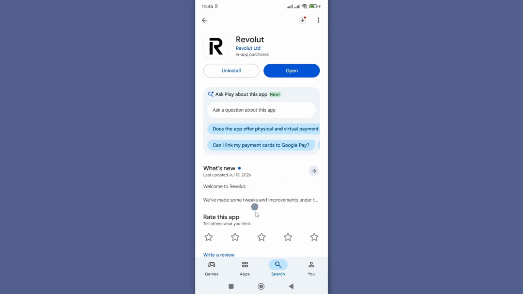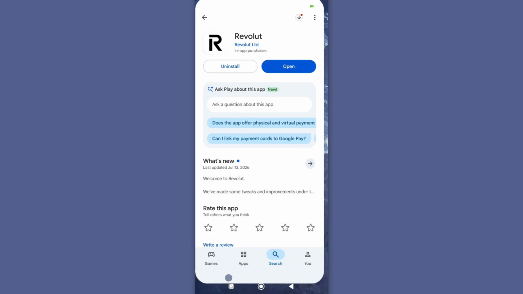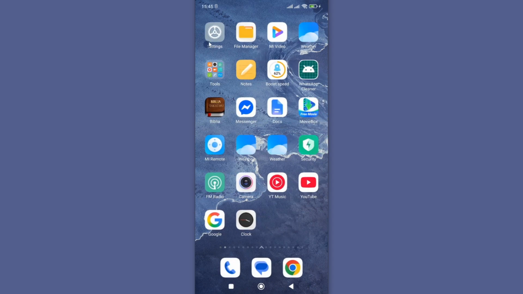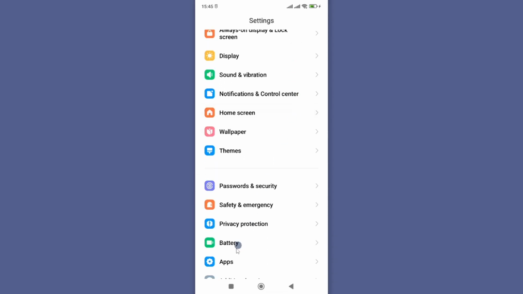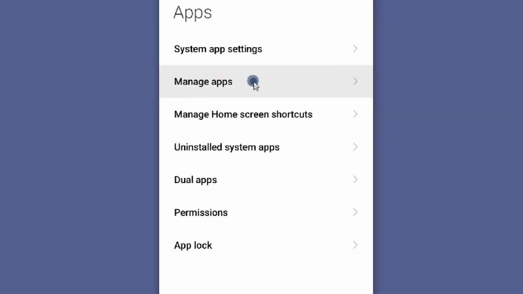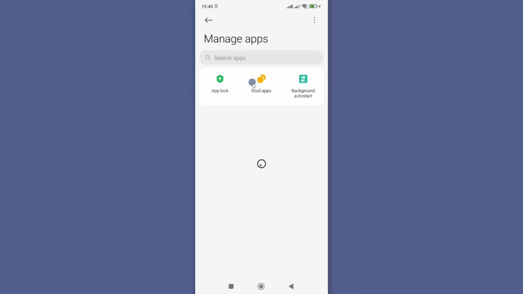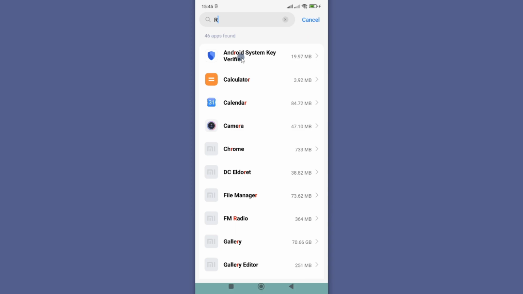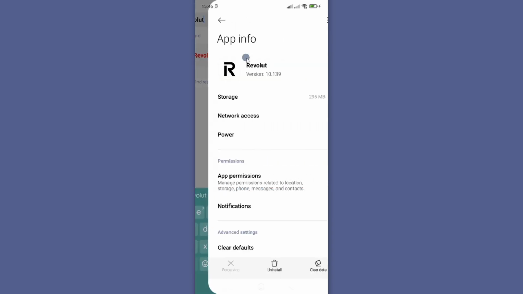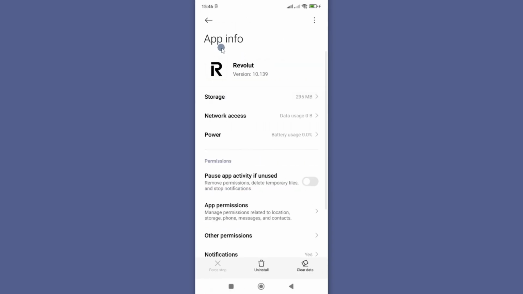However, if this does not fix your problem, then we want to troubleshoot the app, and you can troubleshoot this Revolut app by going to settings. And from settings, go down to apps and look for this option called manage apps or all apps. This will list all the apps you have on your phone. From the list, search for Revolut, and if you tap on it, now you'll be taken to the Revolut app info